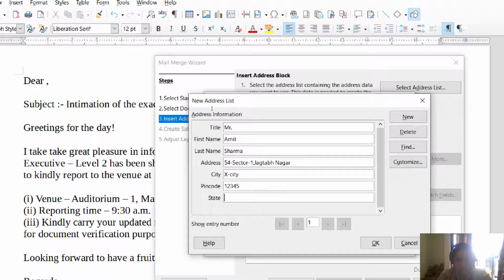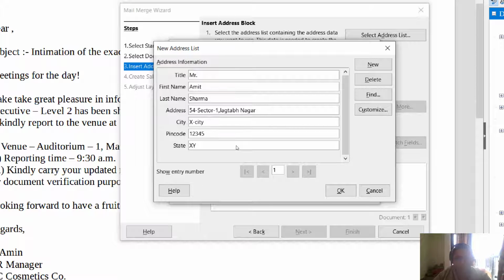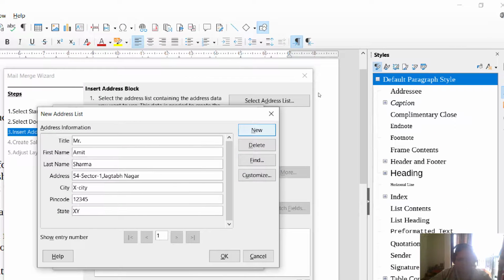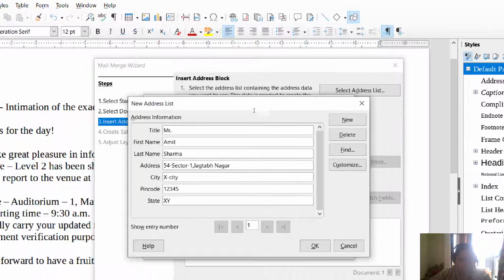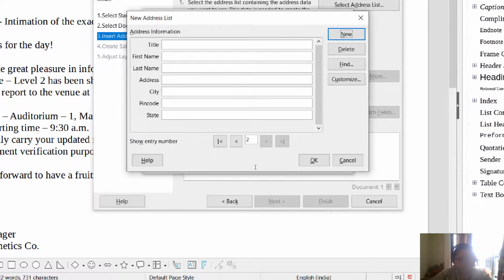And I'm typing the state here. And this creates one record, that is one address. So I'm going to click on new over here because I have already typed everything. So now you can see over here that the entry number is 2.